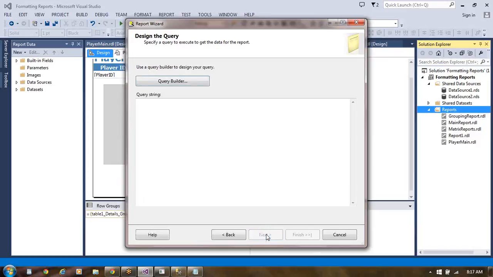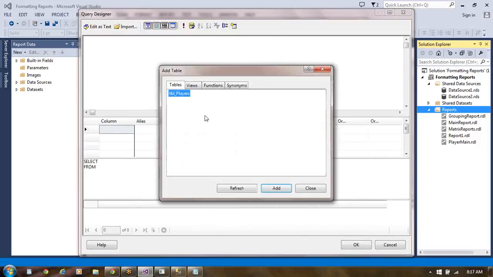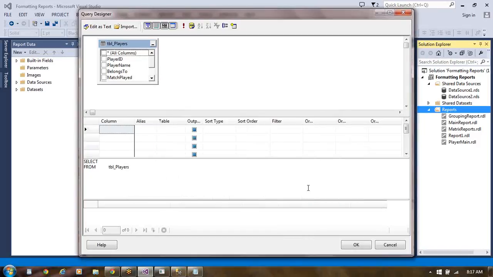Click on next. So using query builder, once again let us try to select. Click on this. We add the player. Click on OK. What columns we choose in this: the player name, match played, runs made, wickets taken, fee per match that we are going to include.